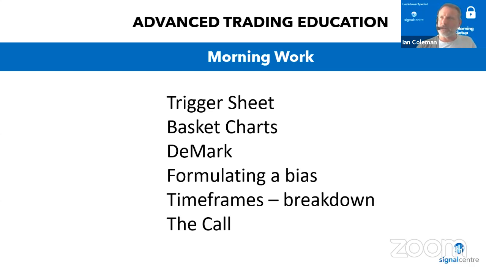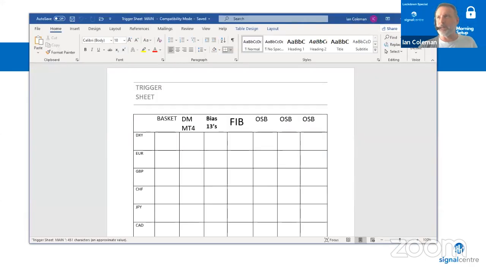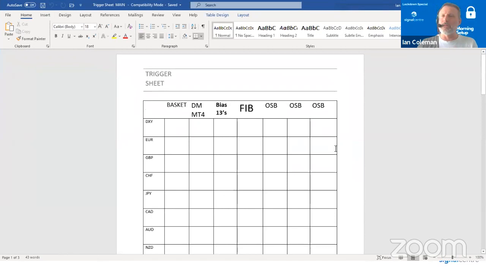Okay, so as I said, one thing that I do want to share is my trigger sheet, and I thought I had it on my desktop and I've lost it already. Let's just pull this up. So it's only a basic sheet. What I do every morning, or the night before, is I have this printed out, so I actually write on it manually. I don't actually write on it on the PC, but we will for the good of this